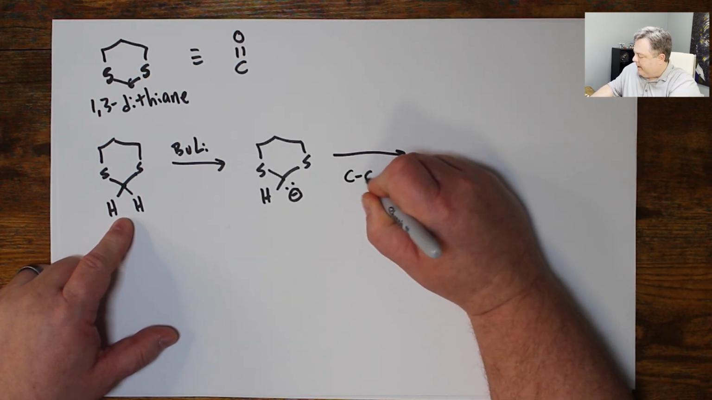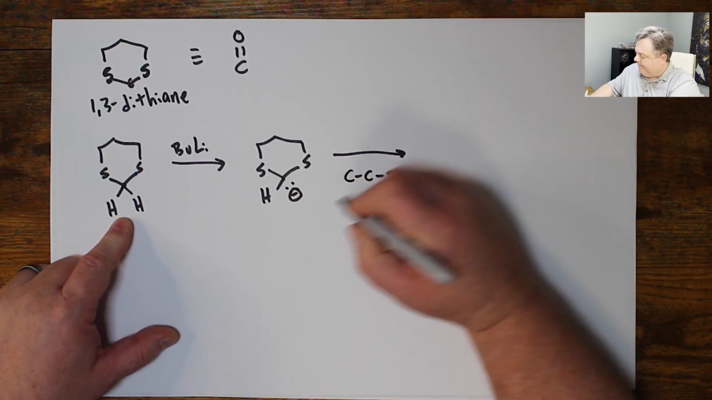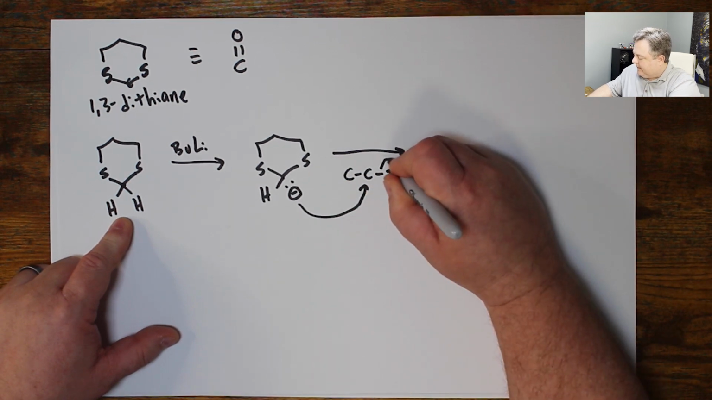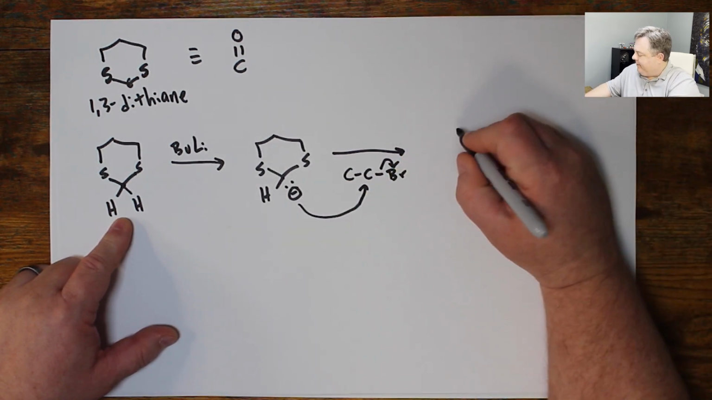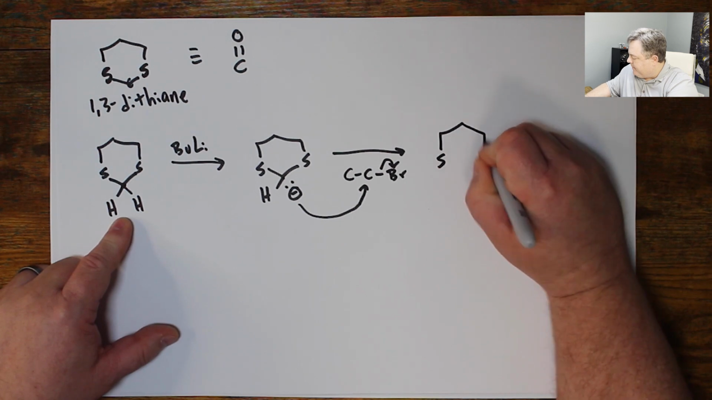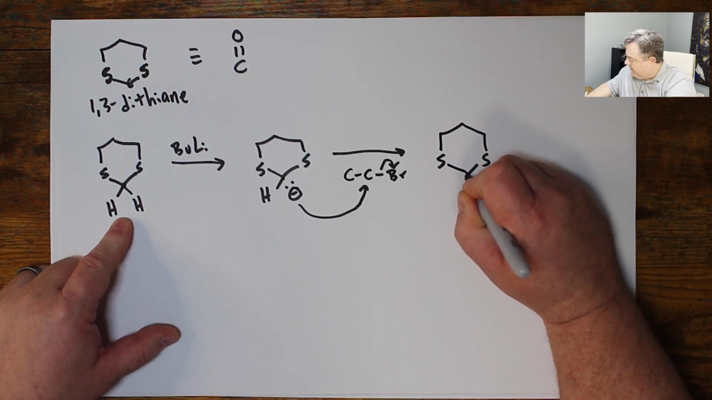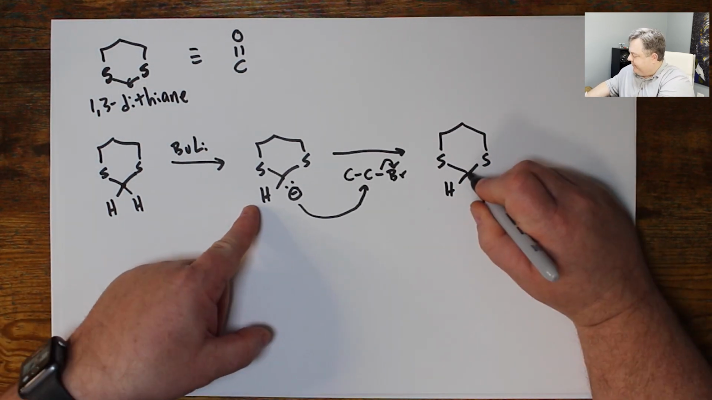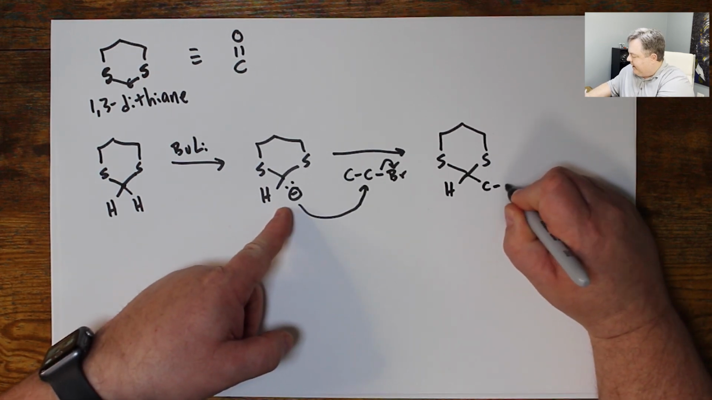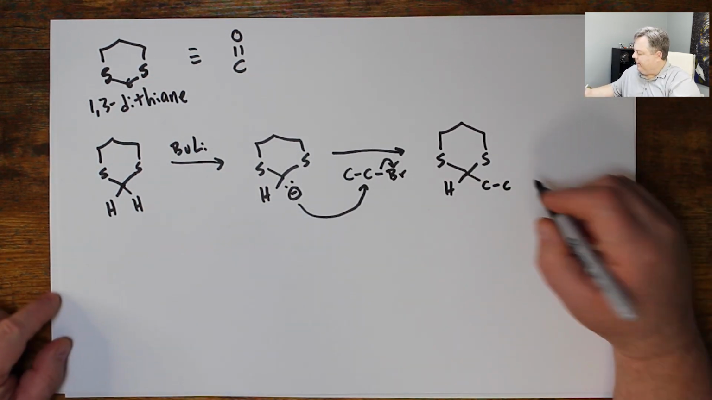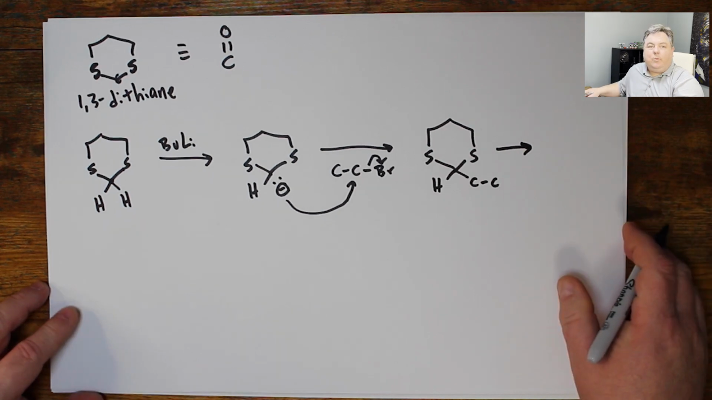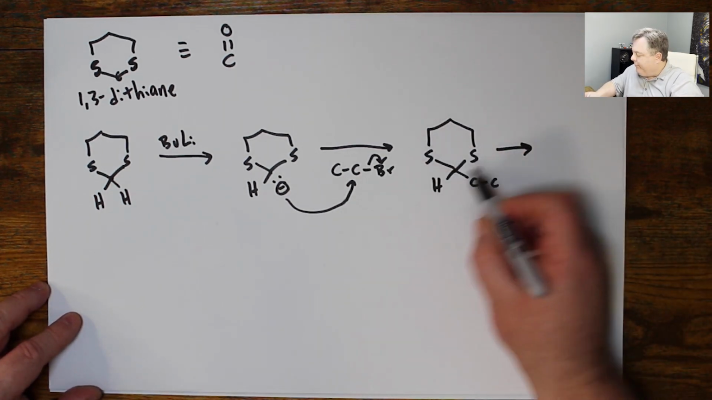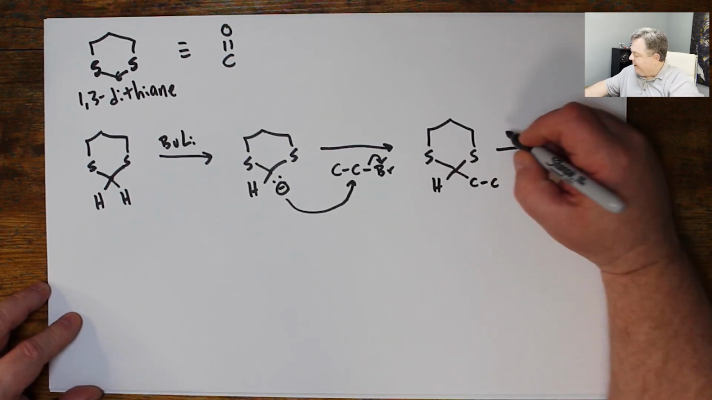Let's pick ethyl with a bromide on it. I could backside attack SN2 style. My leaving group leaves. So this hydrogen's still here, and now I have an ethyl attached to this carbon. And then whenever we're ready, we can pull the 2 sulfur part off, the top part of this ring, by